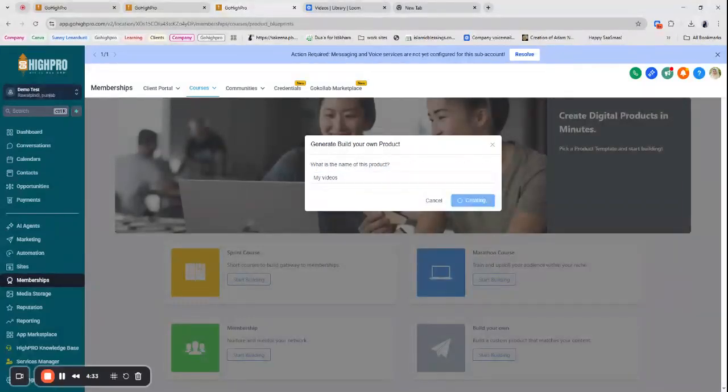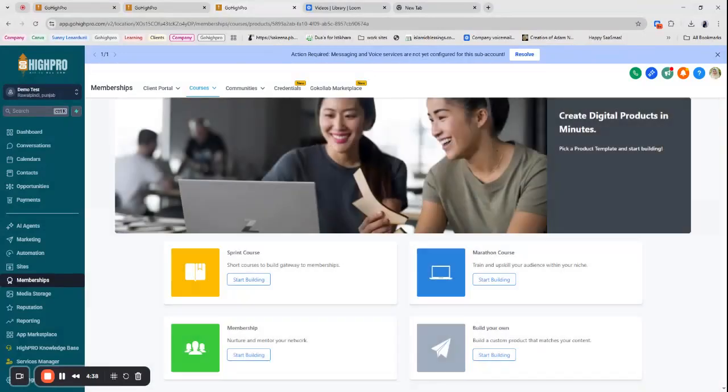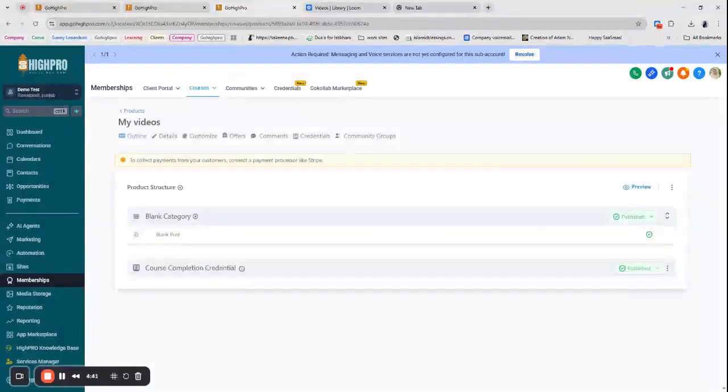So when you upload the videos to membership, you will not have the link, like you cannot share a link with anyone for each individual video. So that's the drawback. That's why the best way is you can upload the videos in media storage, and that way you can get a link which you can share with your audience. The benefit of creating membership is if you have a course in your Vimeo account and you want to create that same course in GoHighLevel,